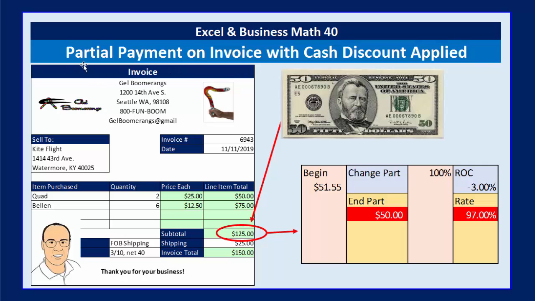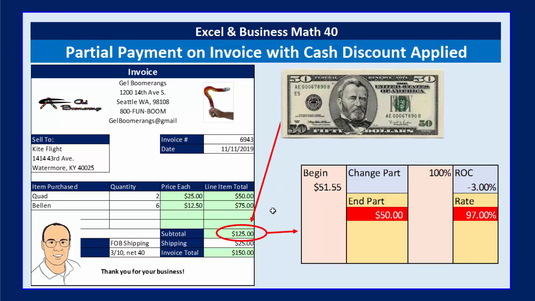In this video, we got to talk about partial payments on an invoice with a cash discount applied. That means we have a bill of $125. The terms are 3% discount if we pay within 10 days. And if we pay $50, not the whole amount, $50 we pay within that 10-day window, we cannot take the